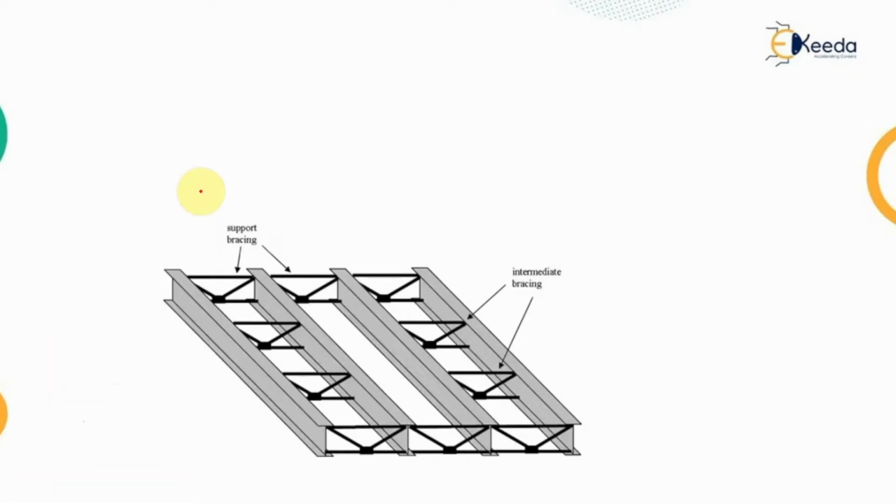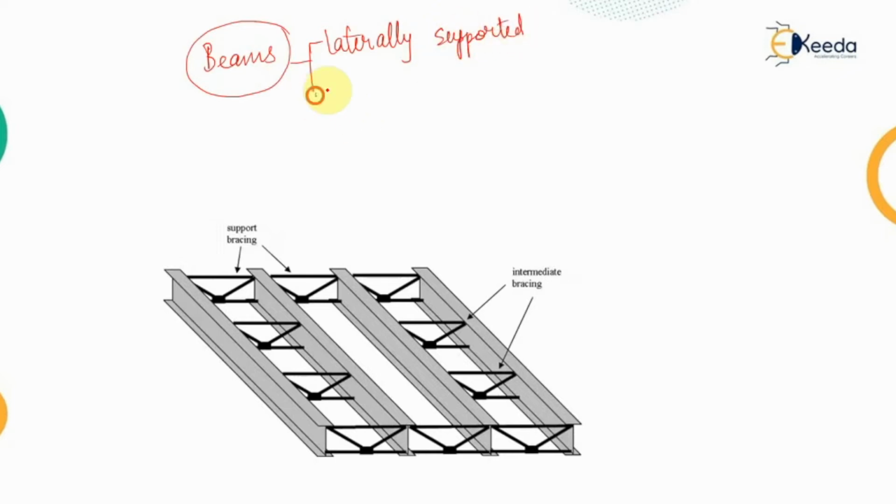The beams are an important part of the load transfer mechanism in any structure, and particularly if they are steel structures. Now the beams can be classified into two, that is the laterally supported beams or the laterally unsupported beams. The name itself says that if it is supported in the lateral direction, then it will be known as the laterally supported beam, and if it is not, then it will be known as the laterally unsupported beam.